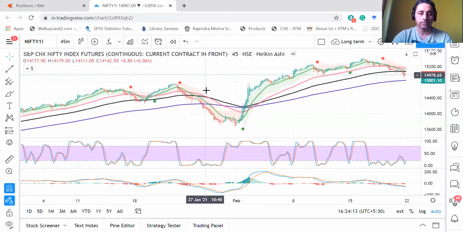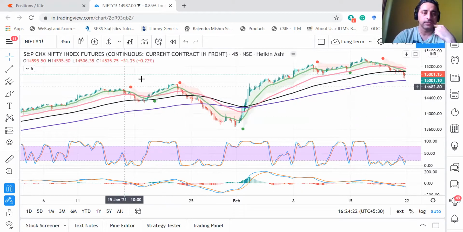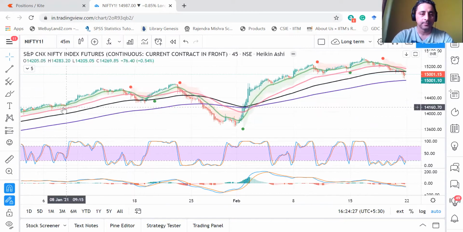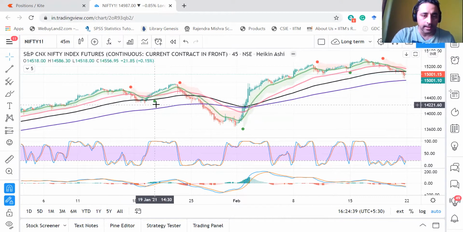Then we come to this TradingView setup. Now, how to decide these levels? Placing is one thing, but what should be the level is the bigger concern. So we have this graph of Nifty futures in front of us. This is the February future graph. We can see from 5th January onwards, there was a rise, then there was a slight fall. So if you see my mouse here, on 19 January, there is a red candle and it has a bottom, a small sort of a tip of that candle.